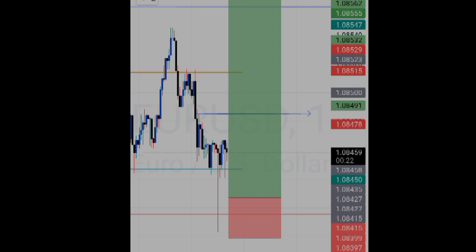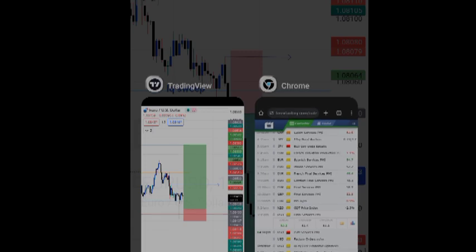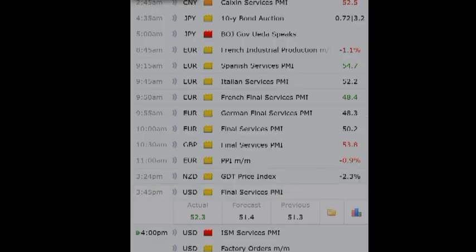But EUR/USD is supposed to sell off, but it's not like the news impacted it. You feel me? It was this one that I just released. The forecast was 51.4, but it's the yellow one. But this red one is about to be released. If the forecast for this one was 51.4 and it came out 52.3, now the forecast for this one here is 53.0. Services PMI. I don't know what they're talking about, but